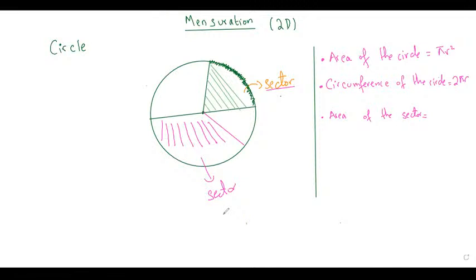So the angle which is making the smaller sector is theta, and the angle which is making this bigger sector is, let's say, theta dash, right? Now we can notice this, that different angles are making different sizes of the sector. So area of the sector